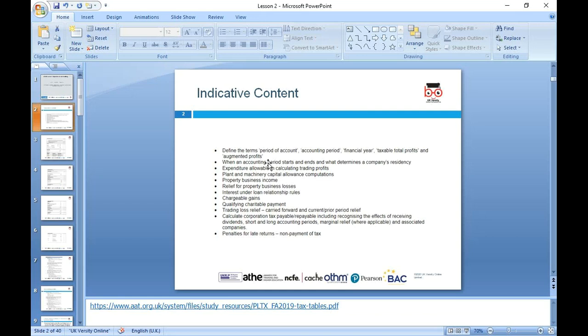Accounting period is the time when the business commences, like April 1st, and the end of the year, that is March 31st. That's the accounting period. And financial year? Financial year is,